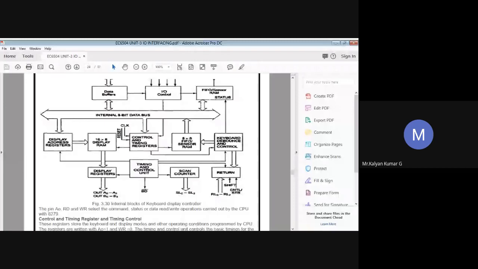Just tell me what work a normal IO control does. No idea? Interaction between the device and control units. Okay, fine, very good.